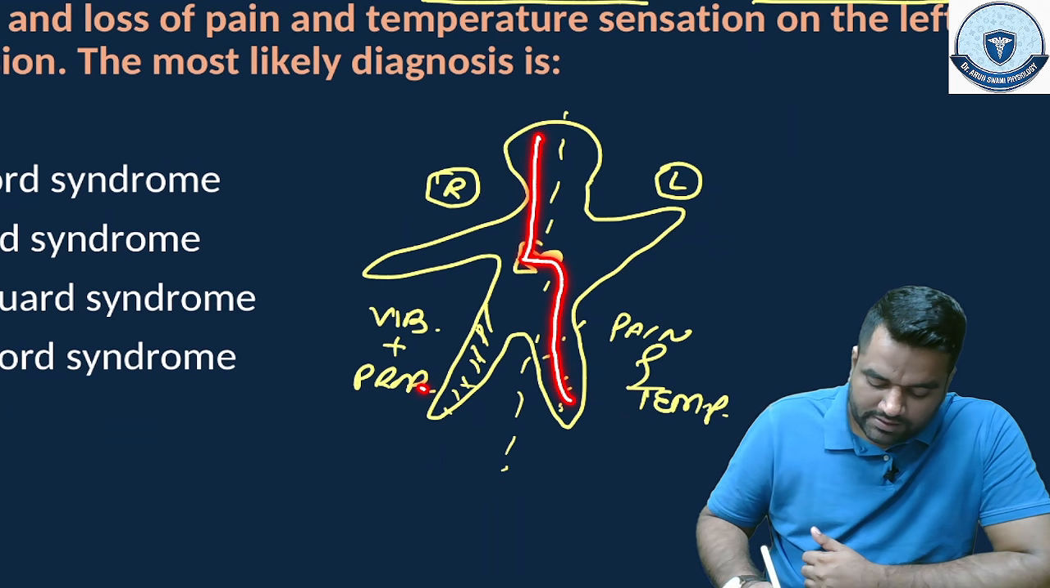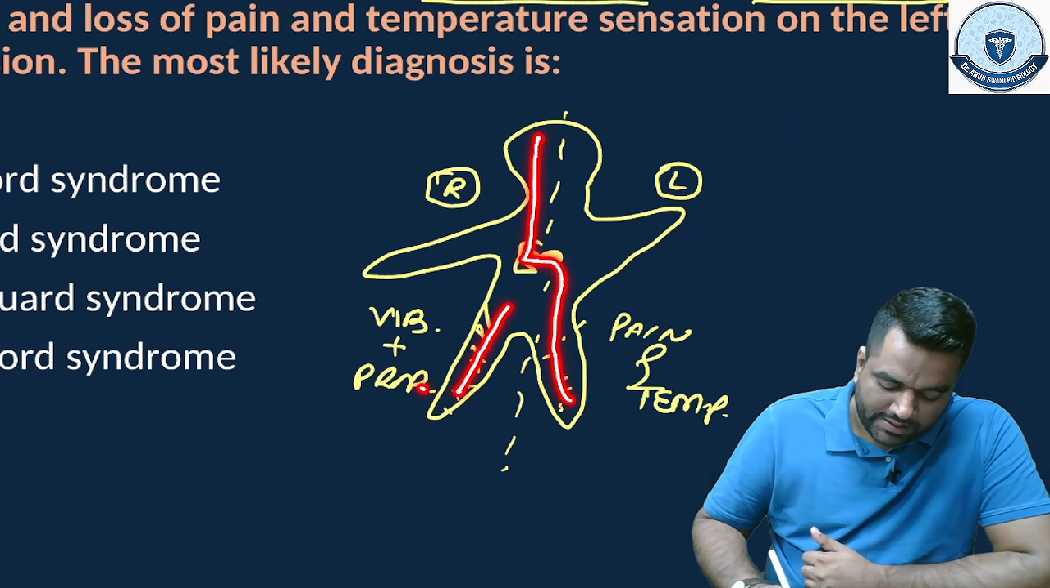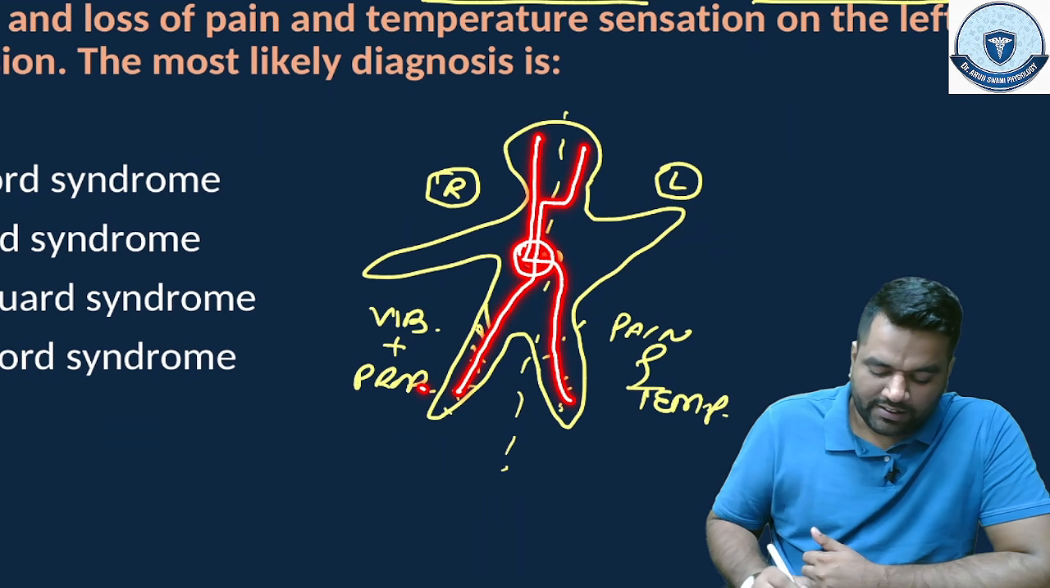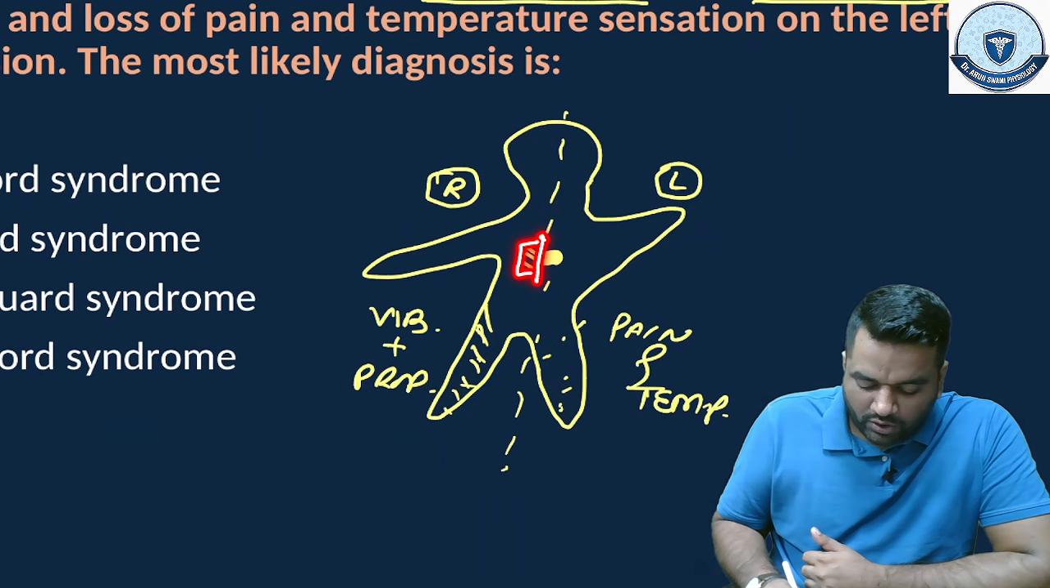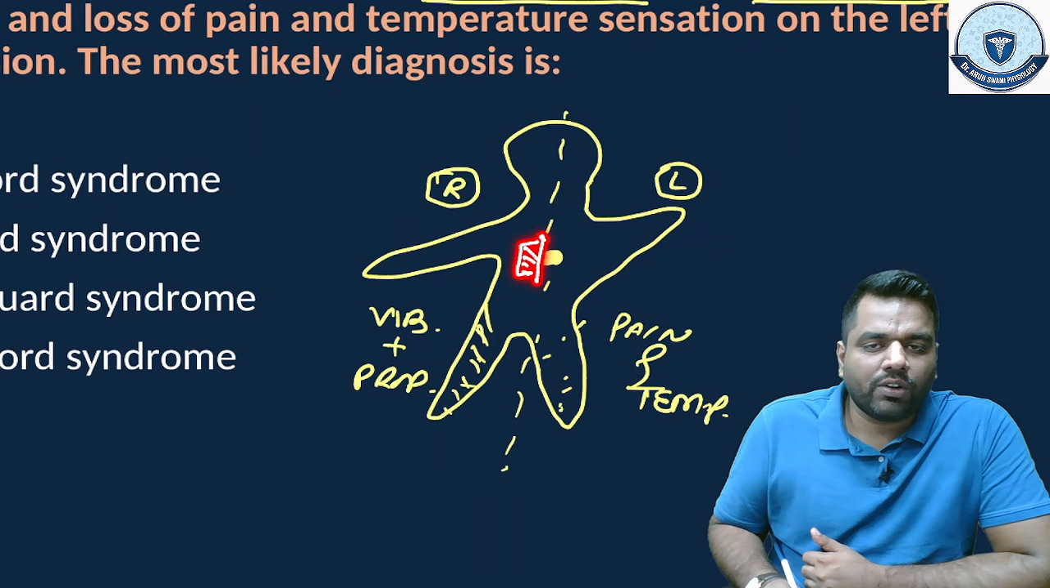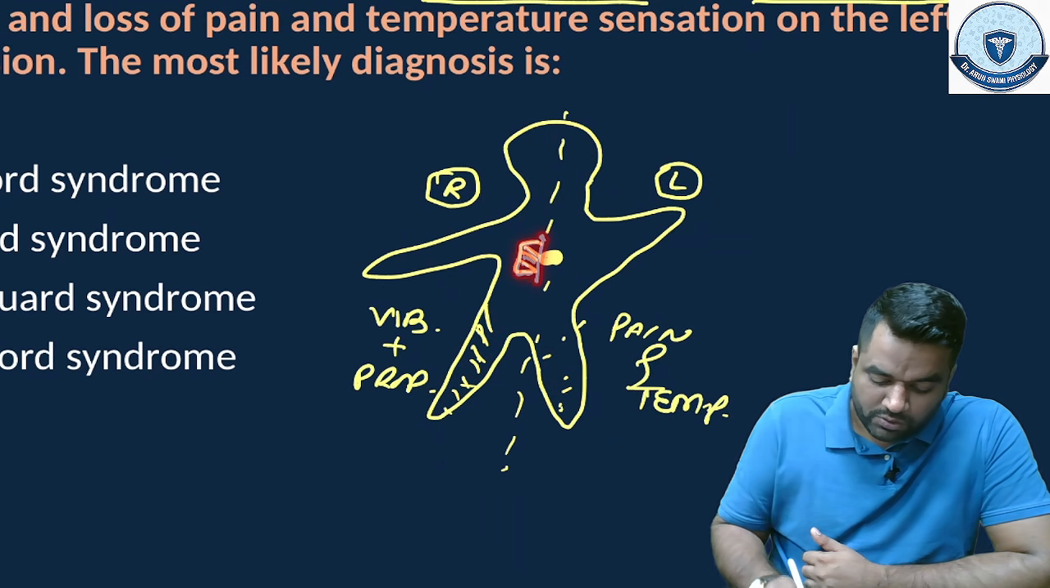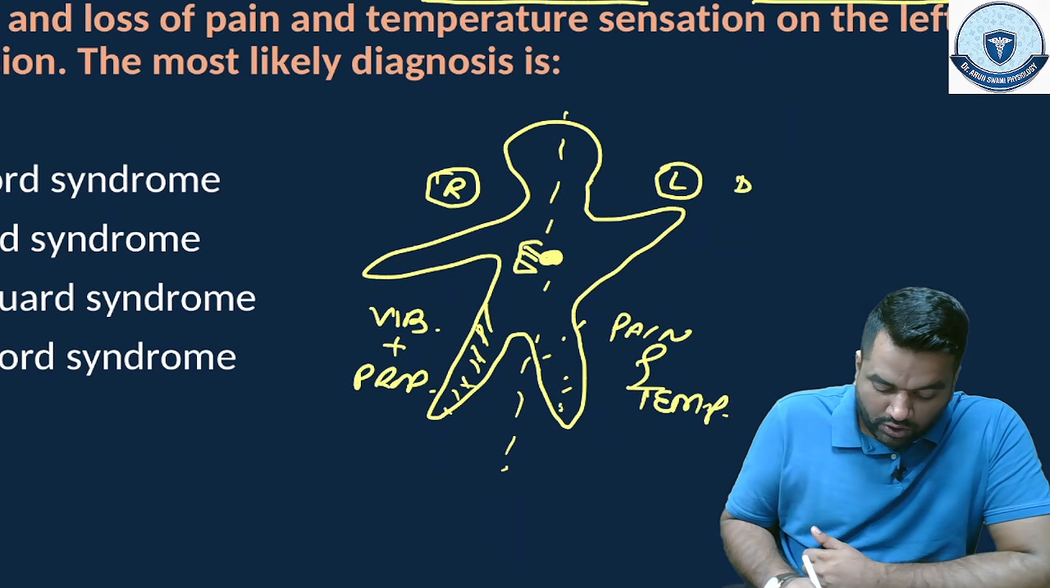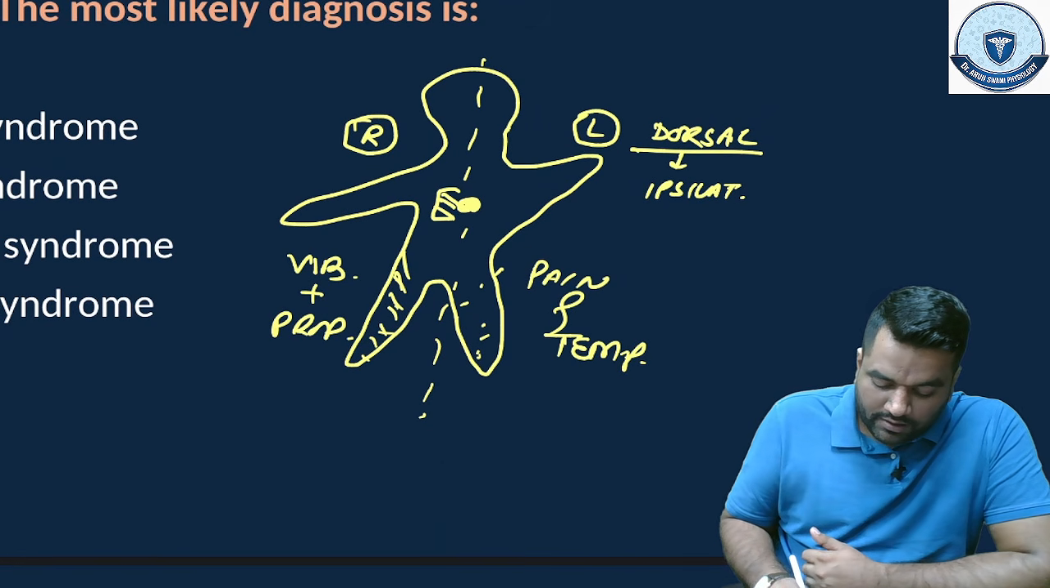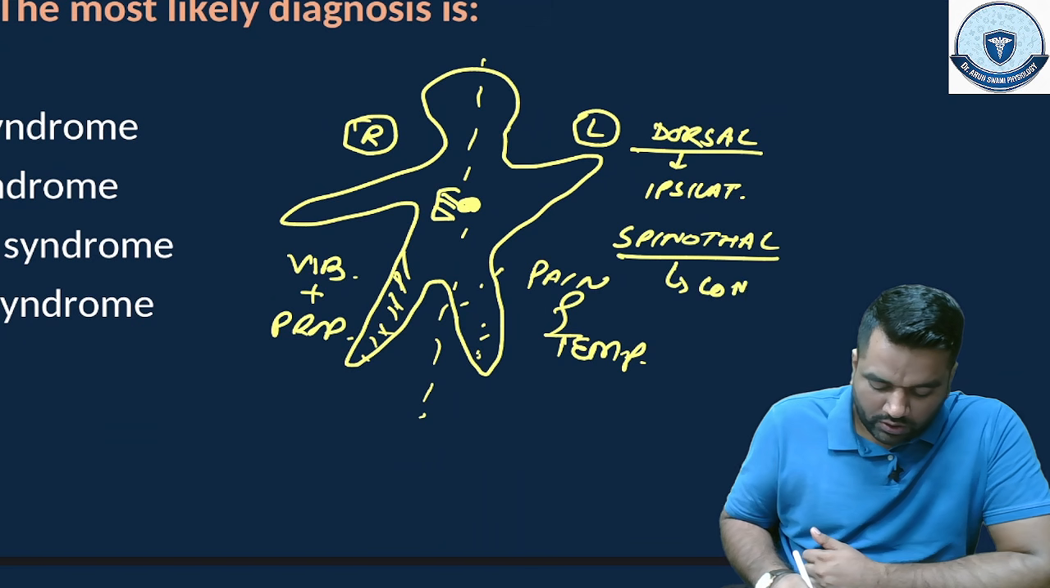But this dorsal column pathway actually decussates at the level of the medulla and then goes to the opposite side. So you can see, if half of the spinal cord is damaged, this condition we call Brown-Sequard syndrome. In Brown-Sequard syndrome, please remember, the dorsal column is always lost on the same, ipsilateral side, and the spinothalamic pathway,